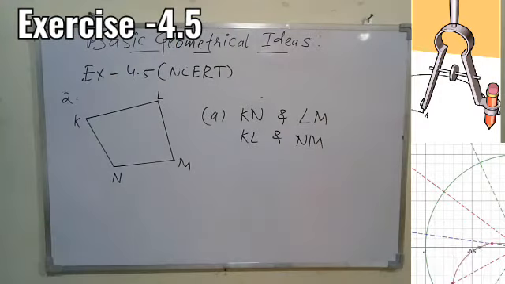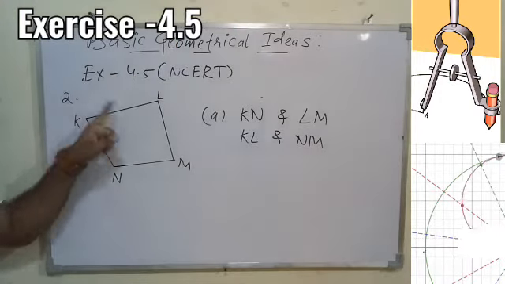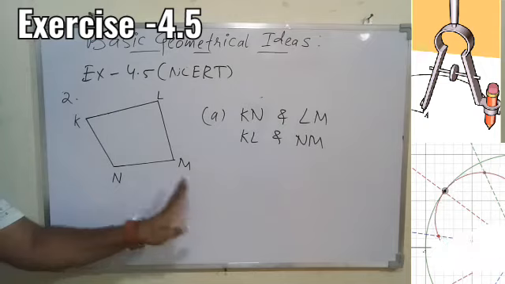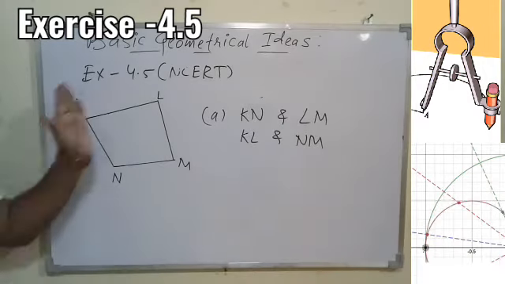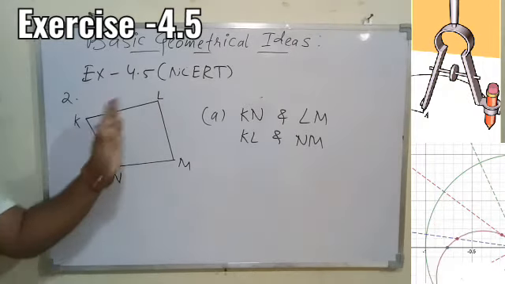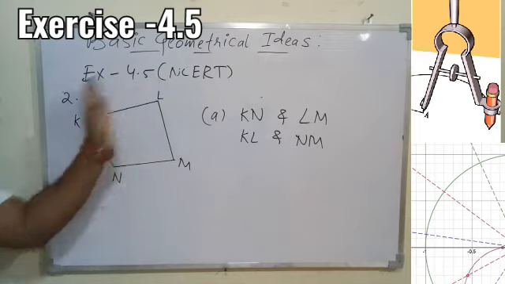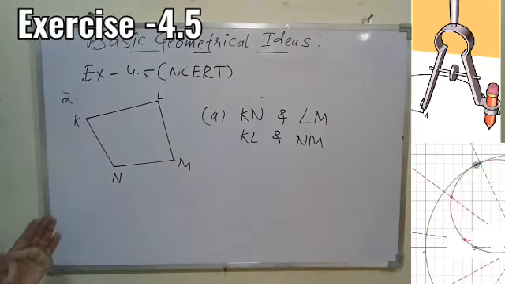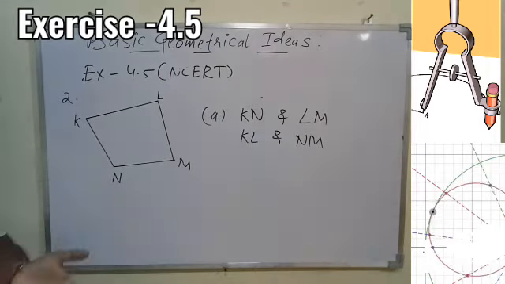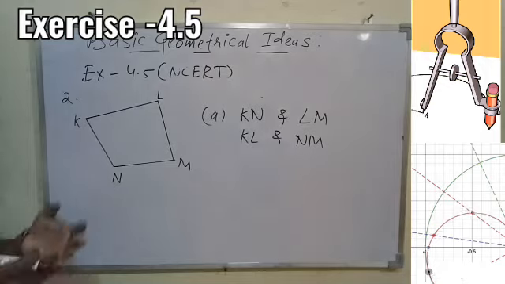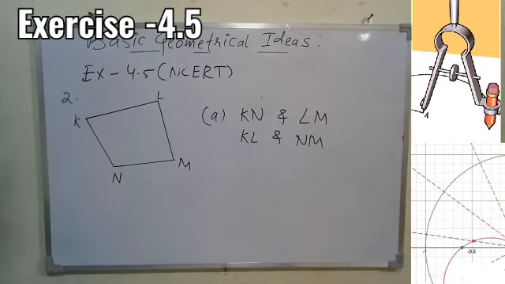One thing you should take care of, for example I have given the name KL, so for the other side you must give NM, don't give MN. So follow the sequence. If you are moving from left to right, move left to right on the other side also. If you are moving from right to left, move right to left on the other side. That is to be followed in mathematics to make things simple and proper. Okay.